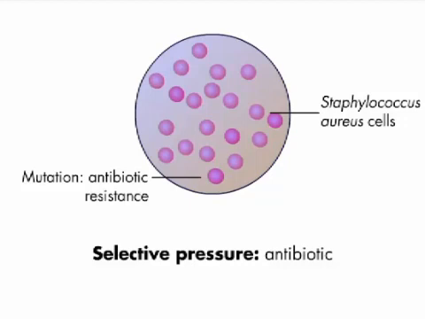This example demonstrates natural selection at work, the differential survival and reproduction of individuals depending on their sets of genes. Natural selection occurs not only in bacteria growing in hospitals, but in all living organisms, including humans.